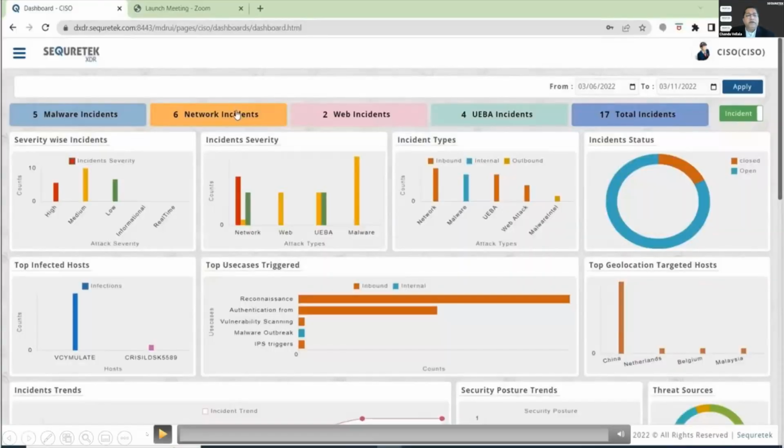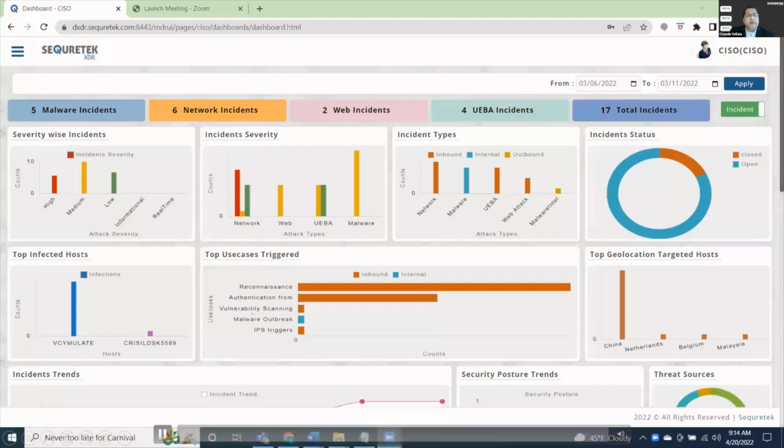So assuming that you onboard all your devices, essentially what happens is the dashboards get populated with very rich content and information, very good for the CISO dashboards. You have various tabs. You can look at how many web incidents you have. You can look at how many network incidents you have, malware incidents you have, etc. And everything can be drilled down. Now, the whole dashboard page that you see, the CISO dashboard page, actually contains several individual sections. Like you have